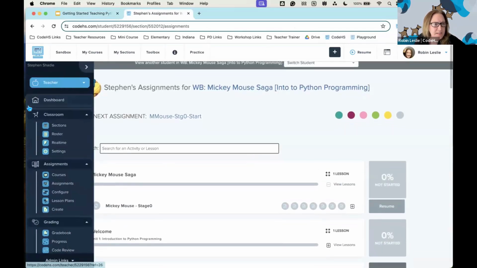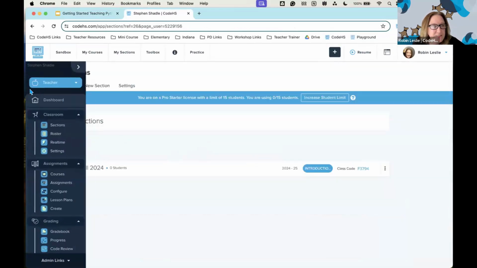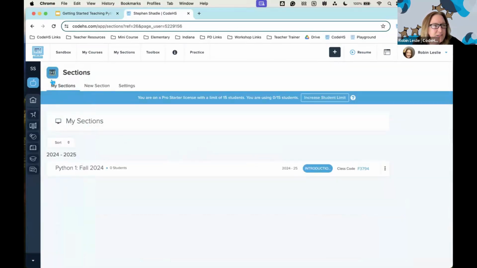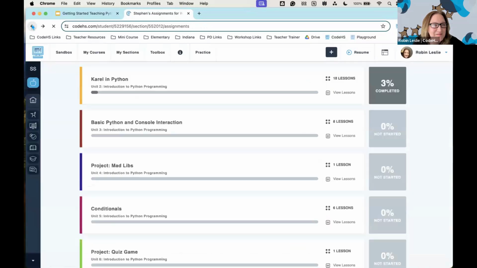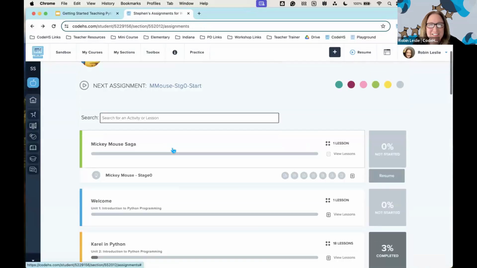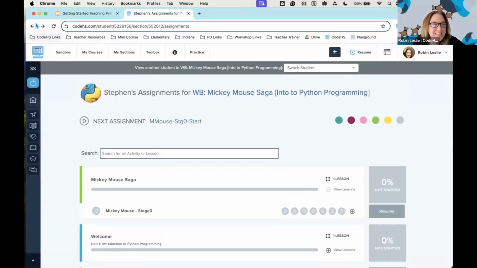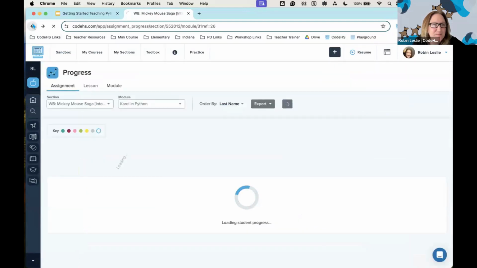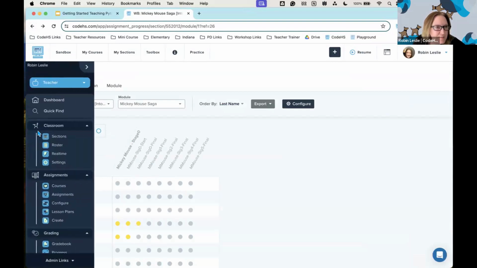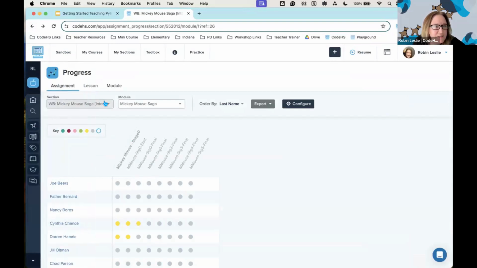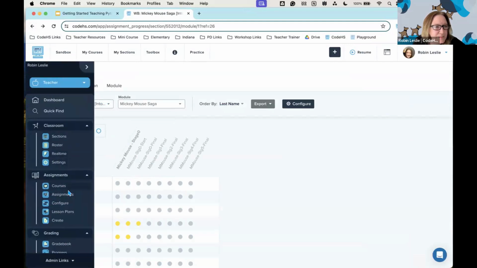So if I go back to, I think I'm in, oh yeah, I switched. I am now in here as Stephen. We don't want to be in there as Stephen. Let me back up here. Okay. So when I am in my course, let me back up one more. Man, I'm really in it as Stephen. I swear, Stephen, I won't mess any of your stuff up here. All right, so let me go back to, yeah, this is where I want to be. Let me go to assignments.